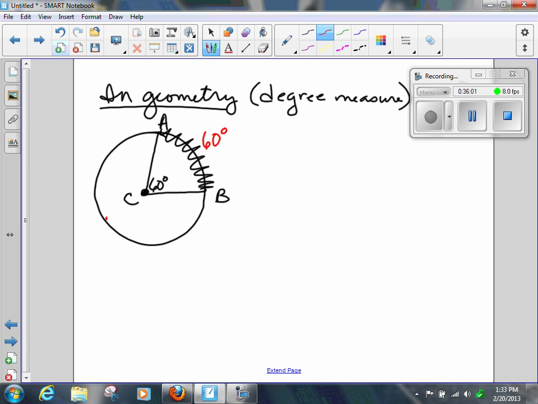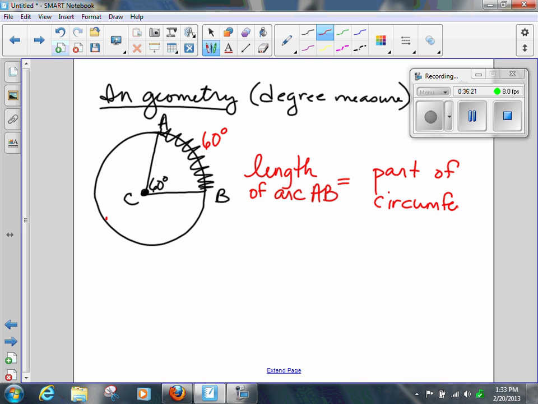But if we were to find the length of the arc, we would do it this way. The length of the arc AB is equal to part of the circumference. That's one way we could find the length of the arc, because circumference measures the distance around the circle. Okay? That's one way we could figure the length. Another way we could find the length of the arc,